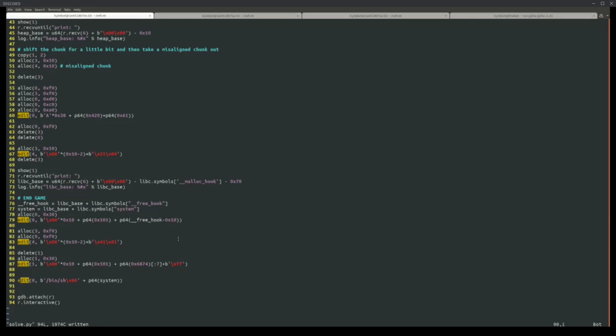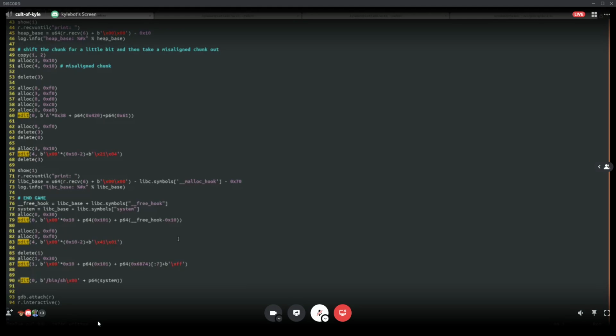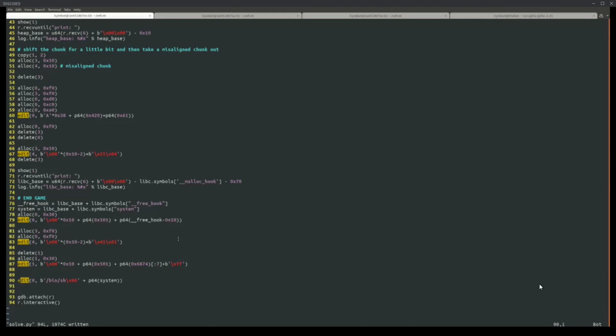And also, the binsh trick: is it that free is setting the first 8 bytes of the chunk and putting that into RDI? Yes. Okay. So you can basically always do